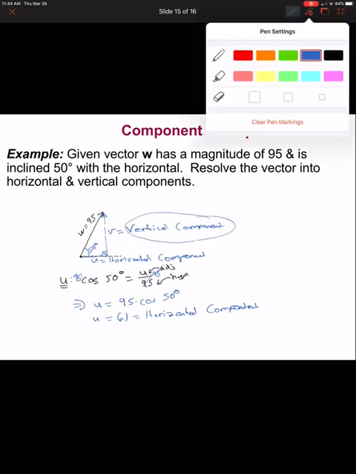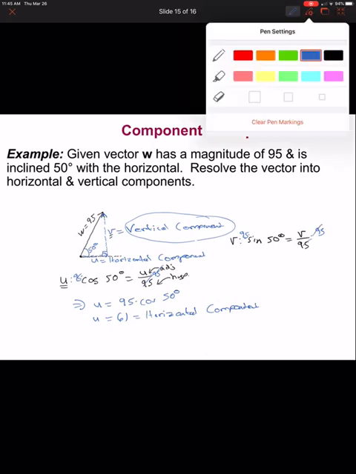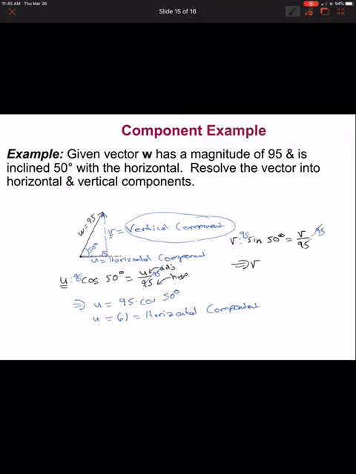So to find v, let's go back to our right triangle trig. I'm going to use trig again. Of course, at this point, we could use the Pythagorean theorem since we have two of three sides of the right triangle, but I like to review my trig definitions. We know the sine of 50 degrees, sine is opposite over hypotenuse. So v, the vertical component, divided by 95, the hypotenuse. And as we multiply both sides by 95, we get v, the vertical component, equal to 95 times the sine of